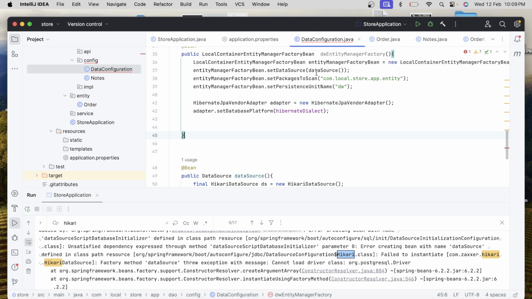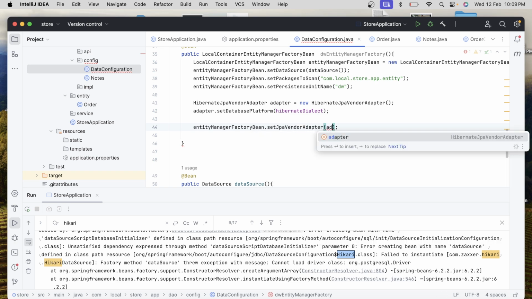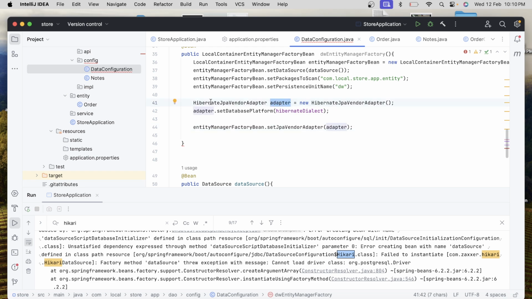All right. So now, if I want to configure Hibernate further, the first thing is that in the entity manager factory, I have set the adapter, the JPA vendor adapter. For us, Hibernate is the JPA vendor, right? I have set the adapter with the dialect. But if I want more Hibernate properties to be set,